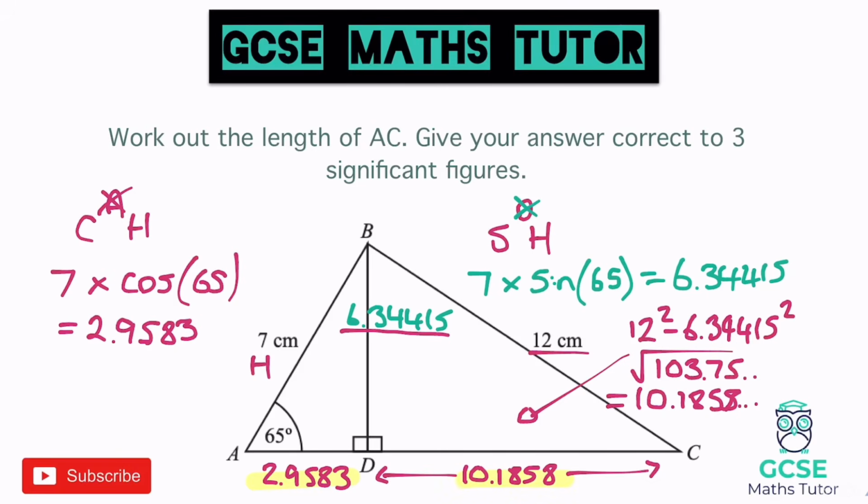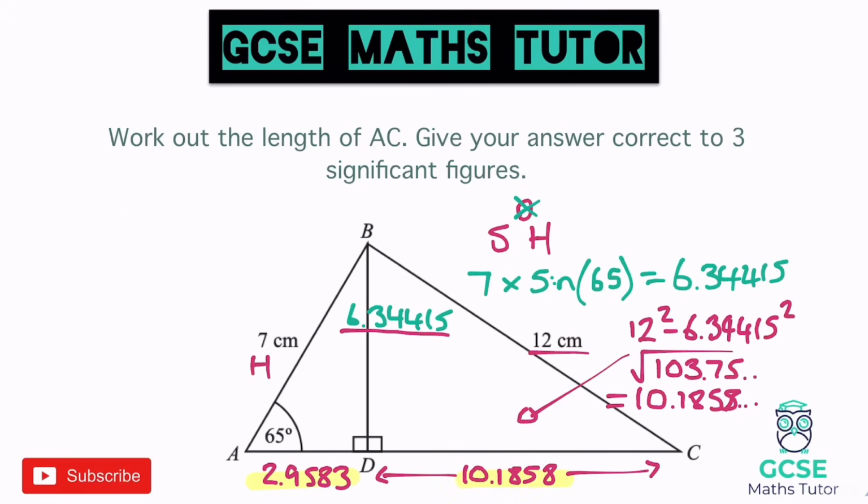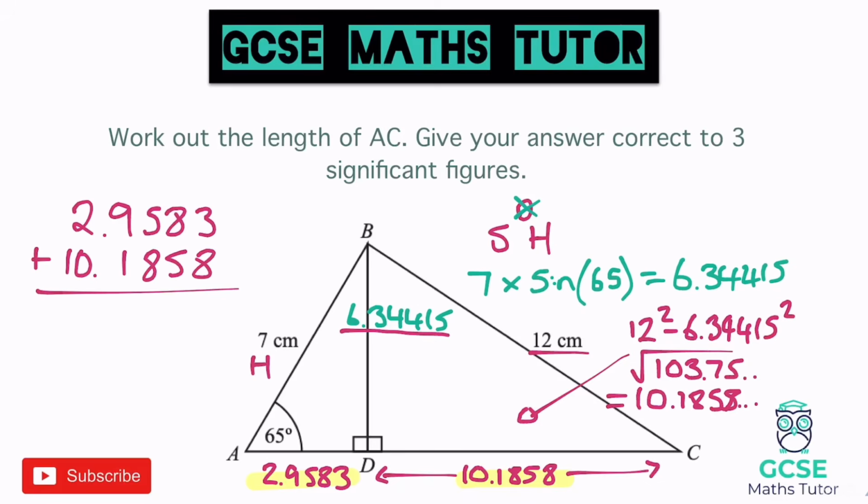So we can write these down. Let's get rid of this working out. So we've got 2.9583, and we're going to add that to 10.1858. There we go. And if we add them together, let's type it in. 2.9583 add 10.1858, and we get